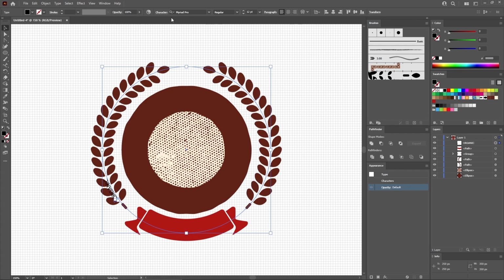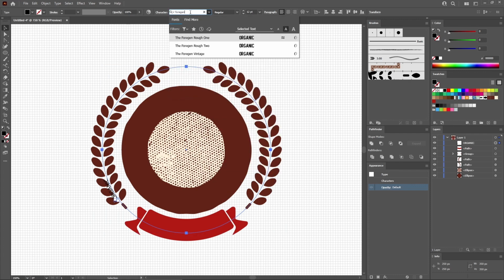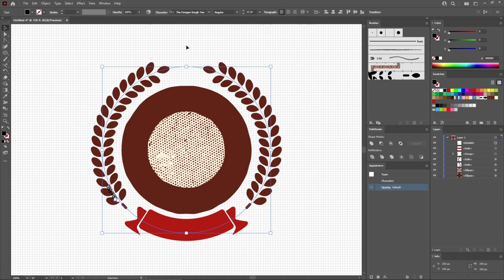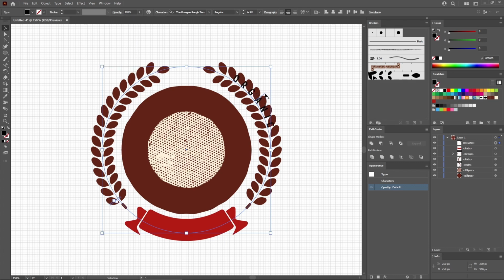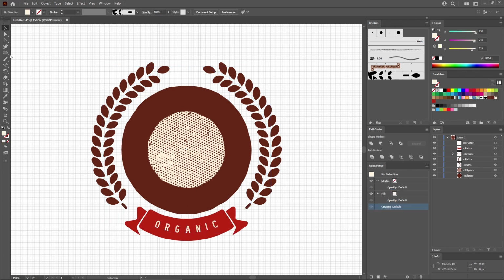control panel to adjust the settings. First of all, you need to replace this font with the Forager Rough 2 font, which you got from Envato Elements. Increase the size to 22, center your text, and don't forget to open the character panel so that you can increase the tracking to 500. Now you can use this bracket to move your text inside the circle and drag it on top of this red shape. Replace the color of your text with this one, and then reselect the ellipse tool from your toolbar